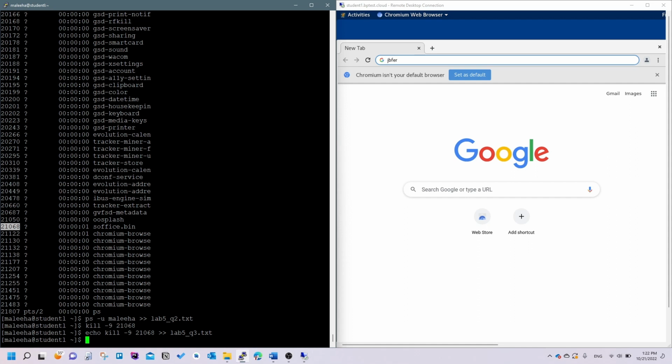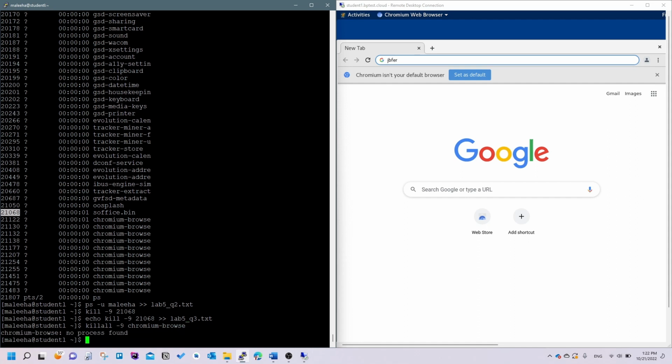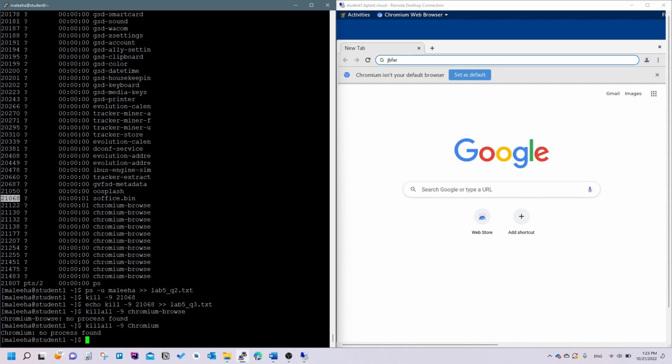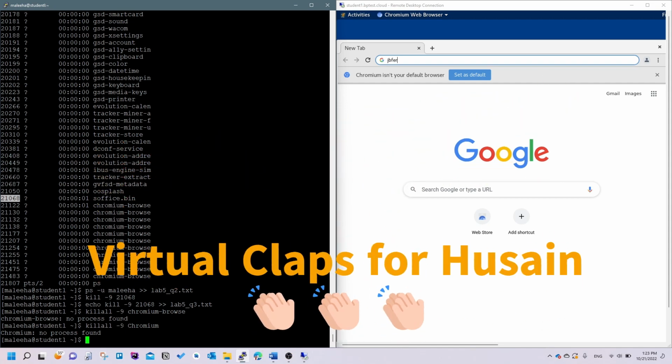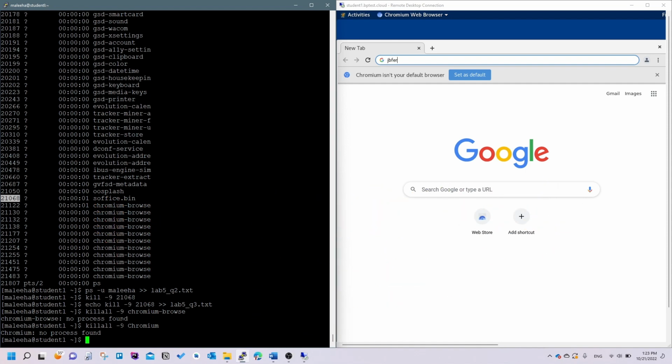Then what else? Yeah. So after this, you have to close the browser, which is Chromium, right? Without mentioning the process ID. So usually the command for that is killall -9 chromium-browse, and it doesn't work. Or you can just even try with chromium-browse. This was the issue. It didn't work even in class. And Hussein from my class mentioned that we can use pkill